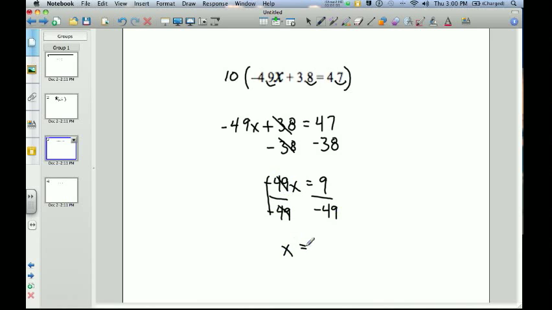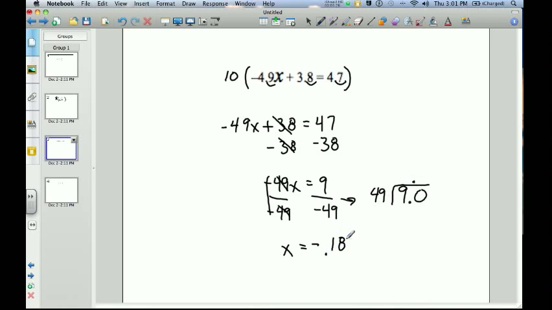Our x is, and this is where you're now going to set up 9 divided by 49. Now take care of your signs first. That would give us a negative answer, so you're going to have to add a decimal and a 0, and now you're going to start dividing. So when you get done, you're going to end up with an answer of negative